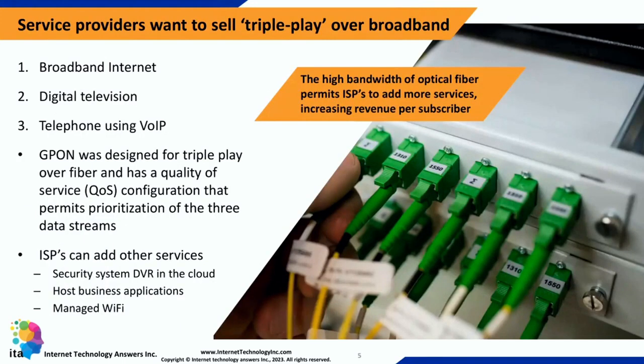So service providers who are offering fast internet over fiber are looking to sell what we call triple play. That is a group of services. The cable providers already do this. The fiber providers want to offer, as well as broadband internet, digital television and voice over IP. There are other services, for example, security systems in the cloud, hosted applications, and managed Wi-Fi. If you look at AT&T, you can see they have quite a broad range of services that they offer over